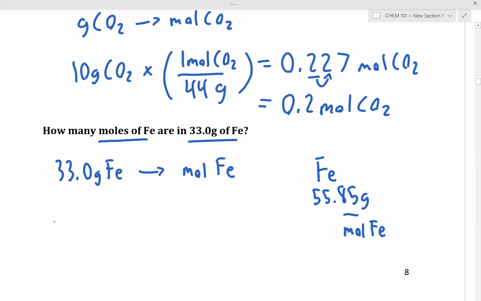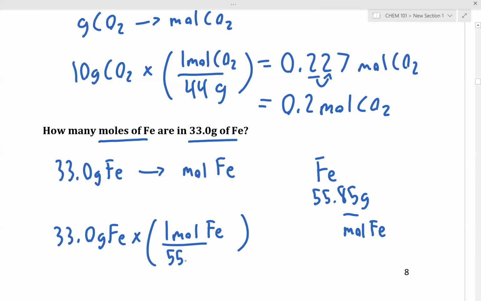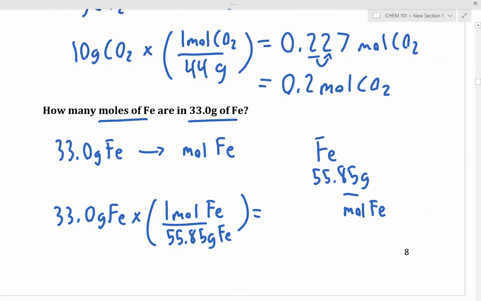Okay, perfect. So given that we have 33.0 grams of iron, what units will we want on top in the end? Moles. Okay, so we know that we have 1 mole of iron per every 55.85 grams of iron. And all we have to do now is punch that into our calculator. 33.0 divided by 55.85, and we get 0.59086. So we have 0.5908